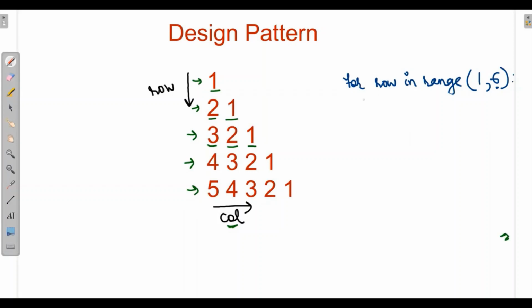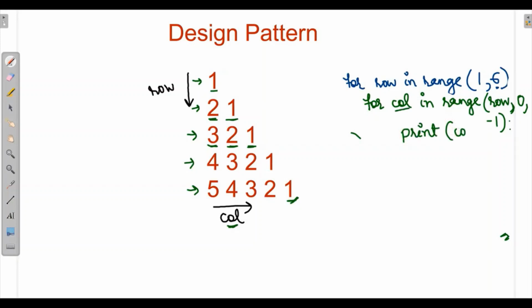So here we will write for column in range. I'm writing col instead of column as it is increasing proportional to rows. That means here I need to write row, and in every row it is terminating at 1. We will write over here 0, and it is decreasing by 1 in every row. That means I need to write -1. And then we need to print this variable which is column. So this is how our two loops will work over here. Let's go to PyCharm and have an understanding on this in an elaborate way.